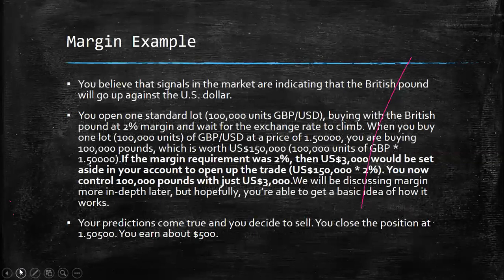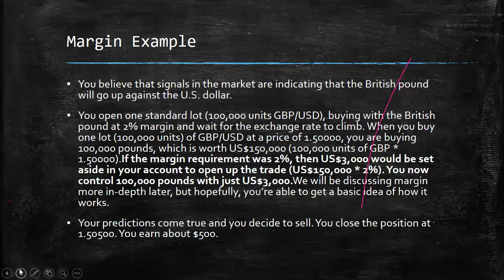All right, so margin. You believe that signals in the market are indicating that the British pound will go up against the United States dollar. You open one standard lot size, okay, 1.00 or 100,000 units of GBP USD, buying the British pound at 2% margin and wait for the exchange rate to climb. When you buy one lot size of the British pound at a price of $1.50, you are buying 100,000 pounds, which is worth